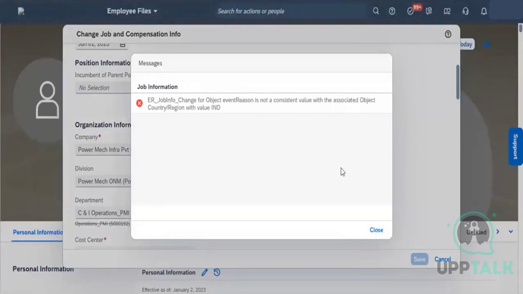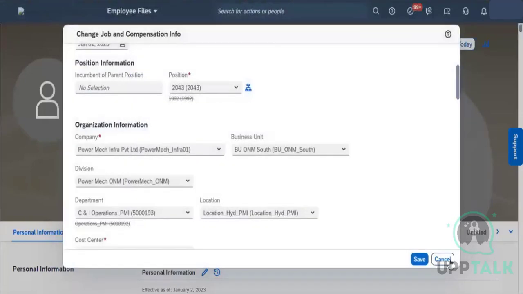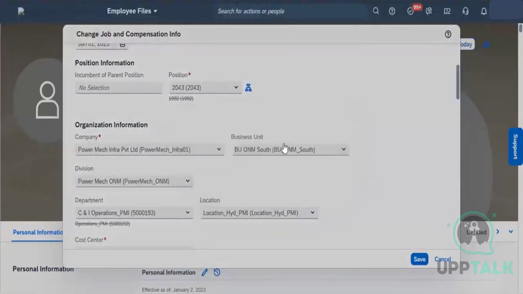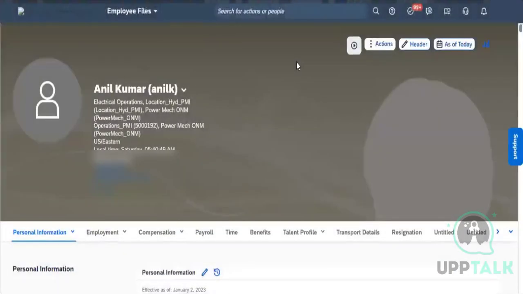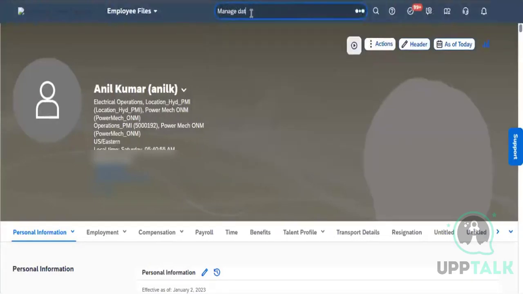Event reason is not a consistent value with the associated object country region value with the event object event reason. This may be because of the event reason. Okay, so I need to make an event reason data change. So just give me a moment. This is happening because I will go here into manage data